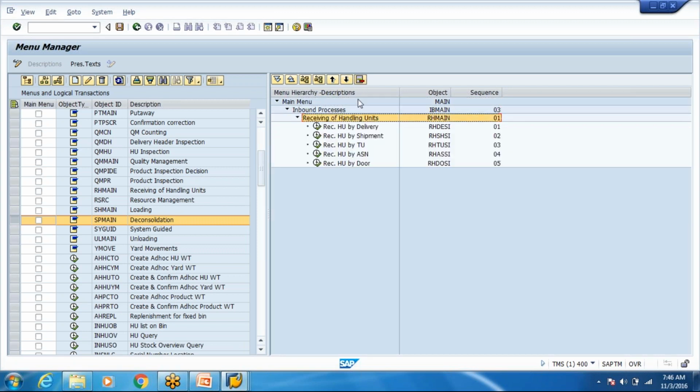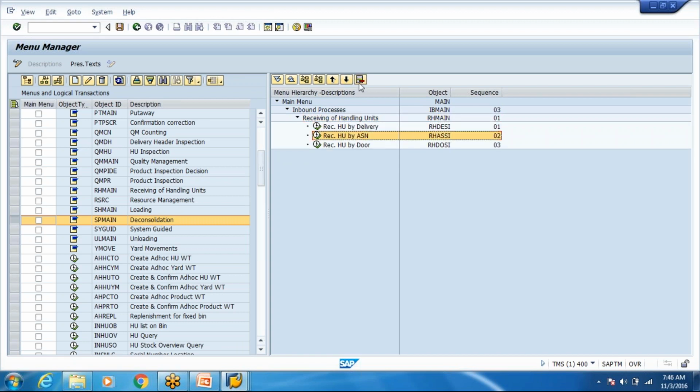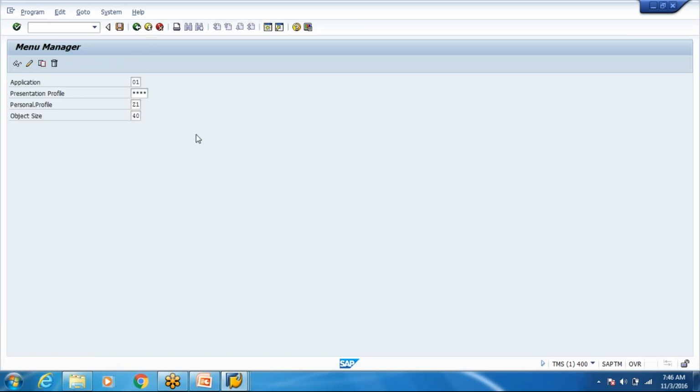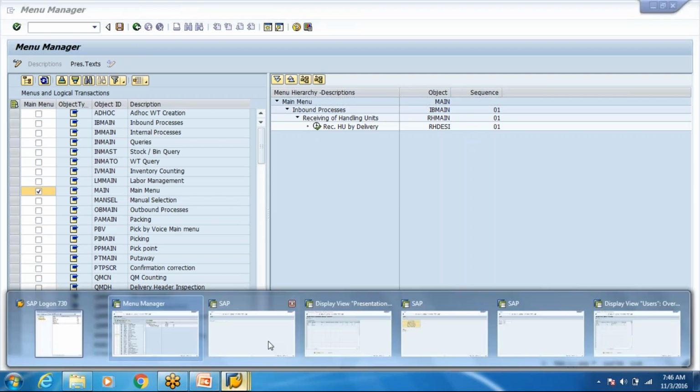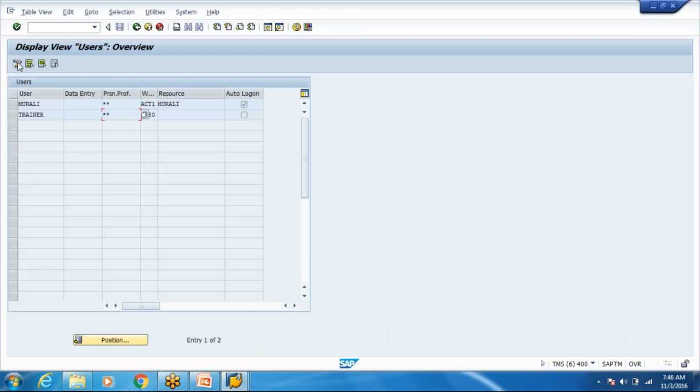And in receiving also he should only do receiving by delivery. All others he should not be able to see. So this is just to avoid users trying out different things and spoiling other data and other transactions. So it's kind of control. So you can see Z1 has only inbound and just one transaction. So this Z1 I'll go and assign to my user ID.